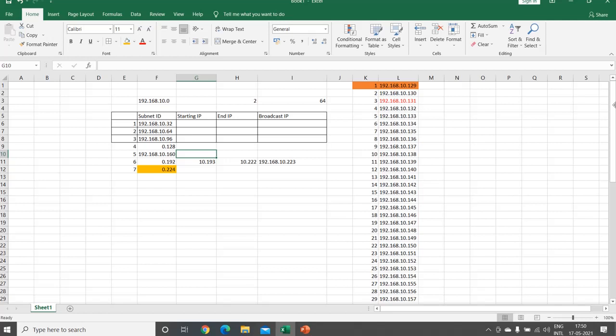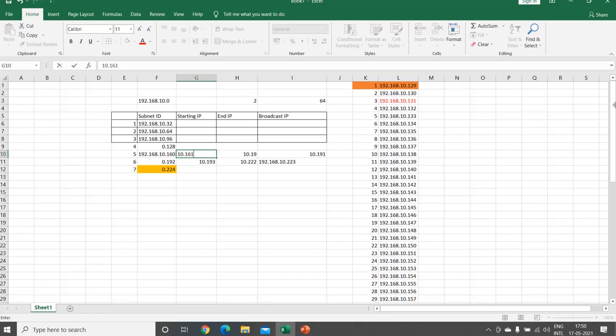Same way, since the subnet ID is 0.192, I'm making 10.191 the broadcast IP. It will be 10.190.